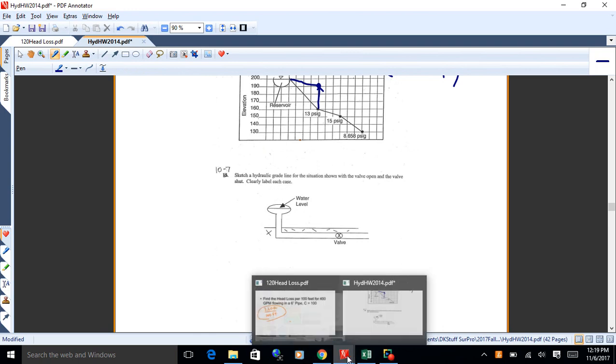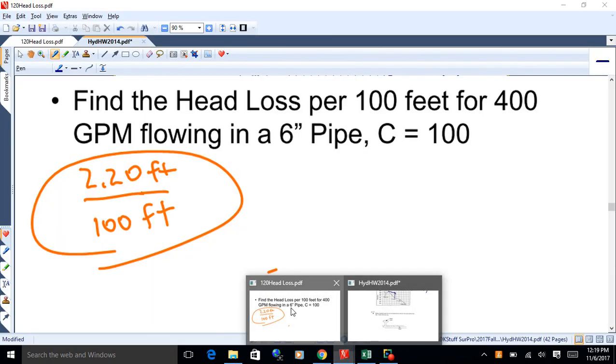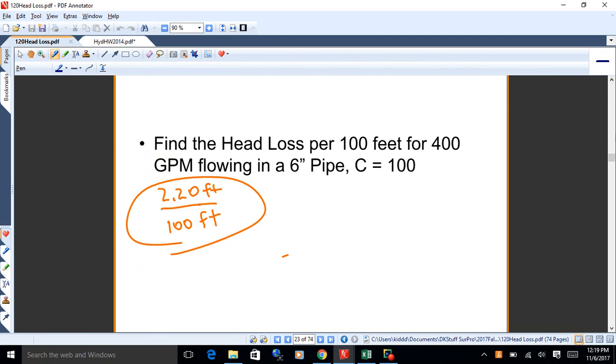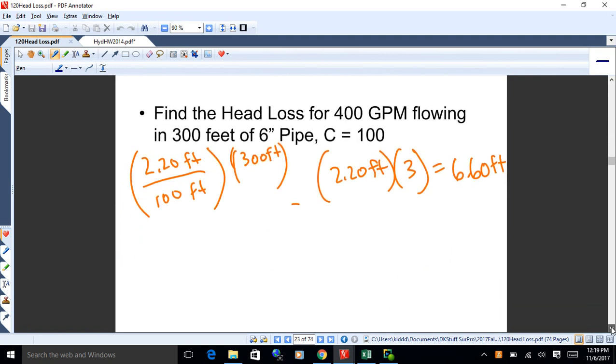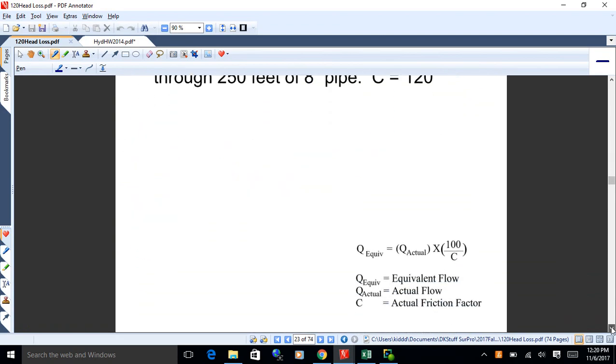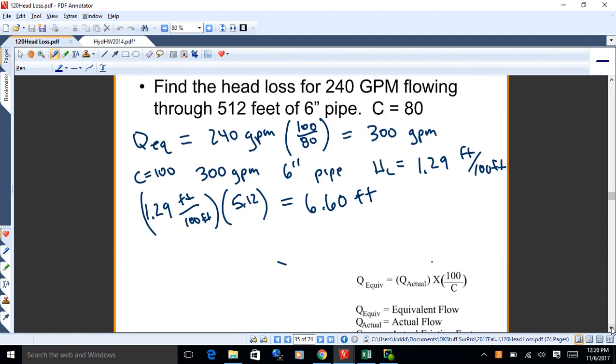All right, we still got a bit of stuff here with head loss to cover. Anybody not here on Friday and wants that handout that I gave? I put a little note out that I had, it was not mine, but